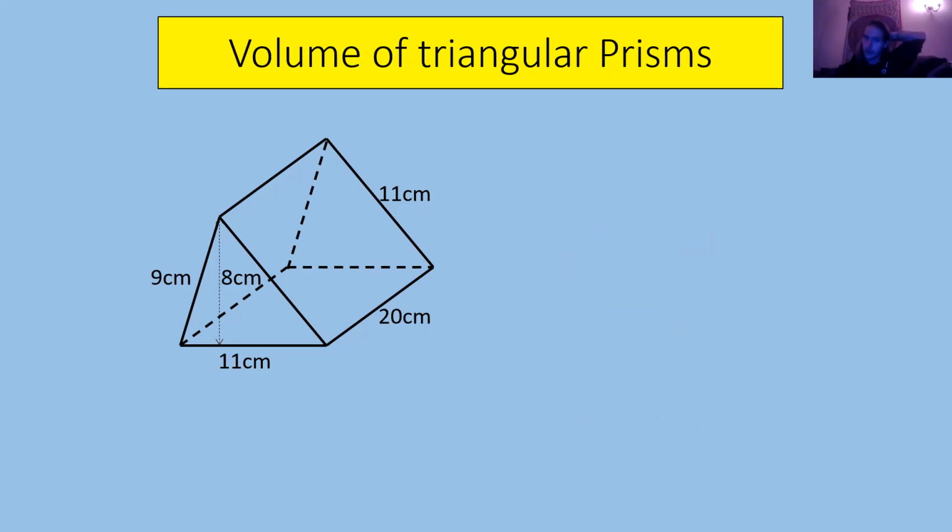But the main thing is with these, although they look quite complicated, it's just a case of multiplying all the numbers together, really. So with the triangular prism, we want to work out the area of the face first of all. So we know that if we work out the area of this face and multiply it by the depth, then we will get the overall volume. Important thing to note as well, it's always the vertical height of the triangle that we're taking, not the height of the slant. So this 8 there isn't actually important at all. So we just need our 9 times 11,